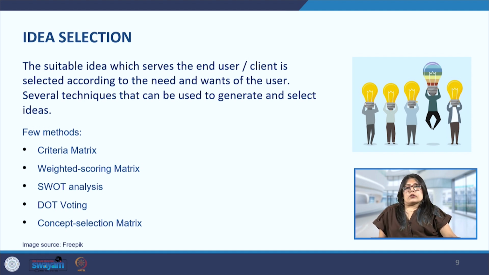So one is this SWOT analysis, and SWOT analysis I've already discussed: strength, weaknesses, opportunities and threats. So next is the dot voting. So in this particular technique, all the possible solutions or the ideas that we have come up with, they are placed next to each other in front of the team who is going to be evaluating them, who will be selecting them. And then it is to be ensured that all of those ideas are represented well equally. So one should not be more highlighted than the other, and they are getting the equal space to be represented, and all the information pertaining to the particular idea is also mentioned there.